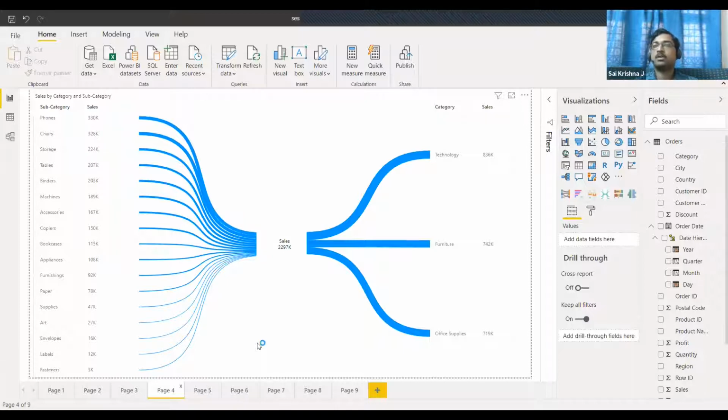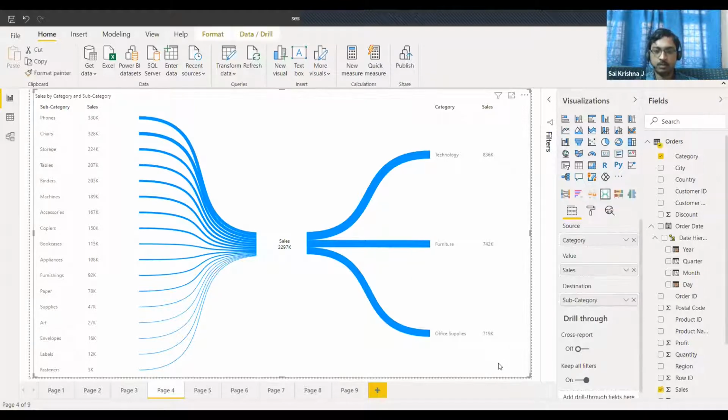For example, say we have states on the right and cities or districts on the left. Now districts will be a lot many, right? And just looking at this visualization in this view might not give a very clear picture. But in those cases, if we click on a state on the right,